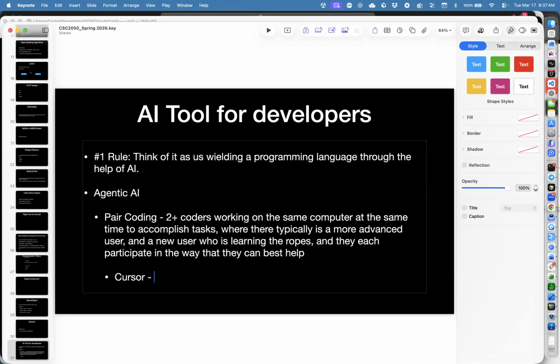VS Code is a text editor that is code aware, so it doesn't try to capitalize stuff for you, but it's language agnostic. When you go into Visual Studio, you're working with a core language. When you go into any of these, you're working with a built-in language, whereas VS Code isn't made for any language. I'm not sure there's any true language built into it. I know there's knowledge of syntax, but if you want to run the programs, you have to bring in a module to run those programs locally in VS Code.